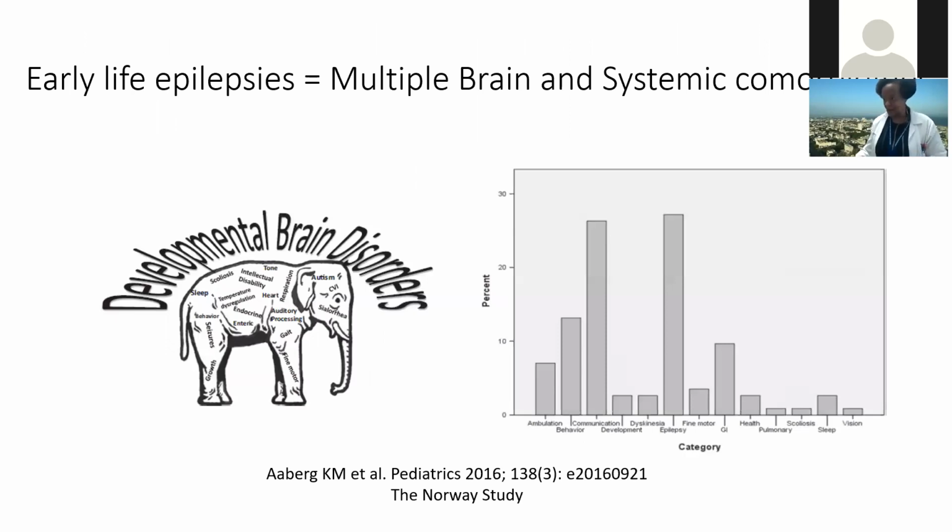So here, I like this cartoon from the study in Norway, where they look at the whole population of patients. They have centralized healthcare, so they can look at the population and really assess what the problems are of this epilepsy that starts early in life. So they have multiple brain problems and multiple systemic problems, okay? And what problems are there? The patients have difficulty swallowing, they have autism, they have respiratory distress, and many of them require oxygen. They have auditory processing problems, gait abnormalities, problems with fine motor skills, so some of them cannot even feed themselves, okay?